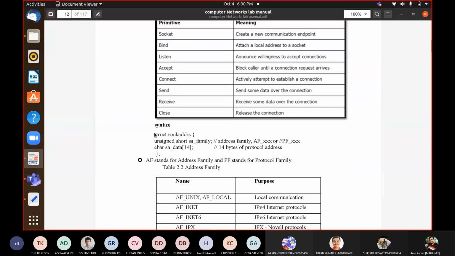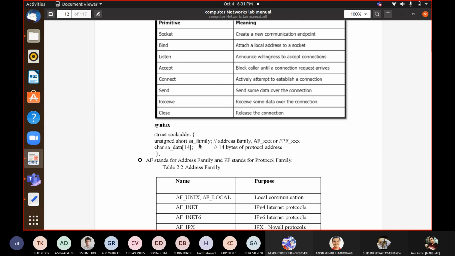Now these are some of the structures which are well defined. We are going to use them as they are. In Linux, these are well defined. The Linux operating system has already used them in its coding. So we have to just reuse them in the same form. So first is struct. The address is also this, the same address. The socket address. So this is the structure for socket address. And this is the generic socket address. It is not specifically for internet. So this is a generic socket address.